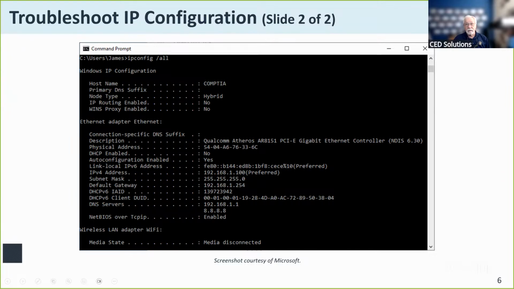There is my IP version 6 link-local address, they call it. There is my IP version 4 address, the subnet mask, the address of the gateway device, which again is usually the router that's closest to me. And I can run this with the ipconfig command itself right on my screen.